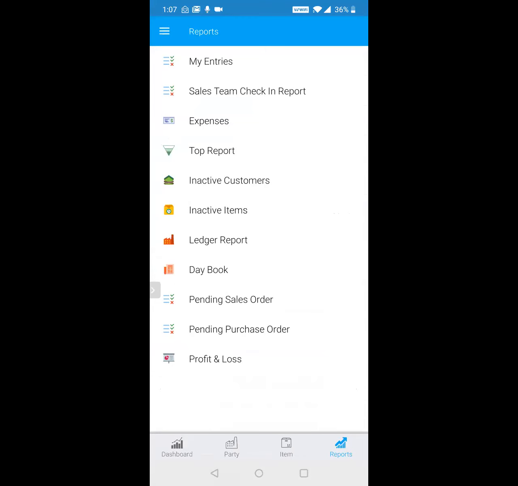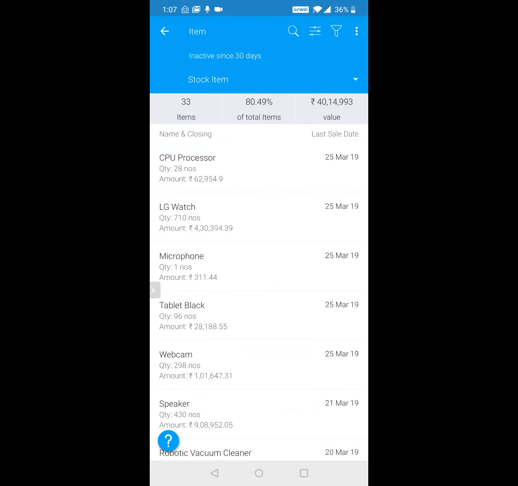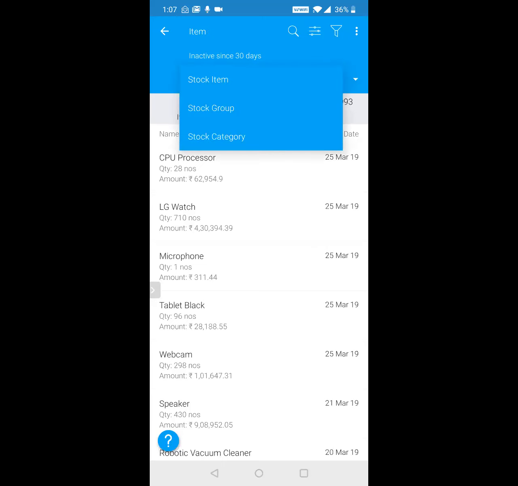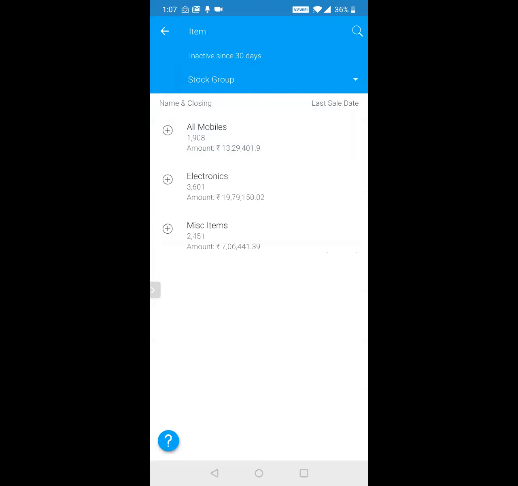Next, inactive items. Again, very important, especially since we saw there are a lot of distributors using the app who have more than 1000, 2000, 5000 stock items and are not aware which items in stock have been dead for almost 3 months, 6 months. Here you can view it by stock item, stock group and stock category. If I do group, I can find out that in mobile phones I have 13 lakh rupees of dead stock. Same in electronics and miscellaneous, a different amount. But if I do items,